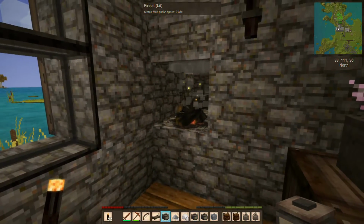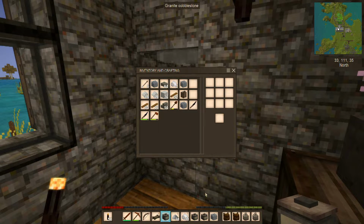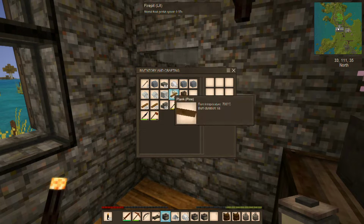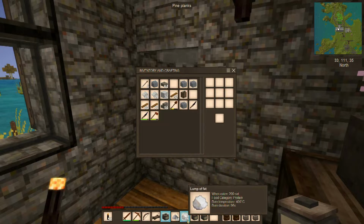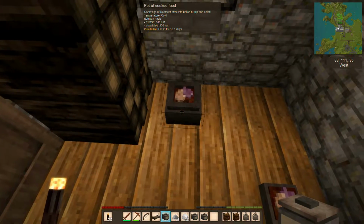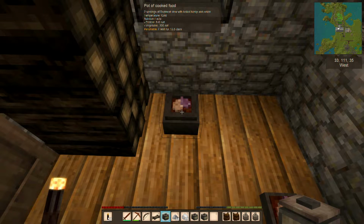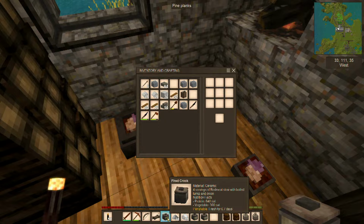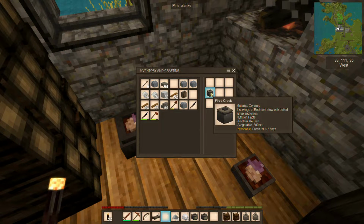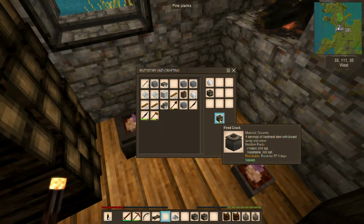So I've got a couple of these crocks cooked up. I've got a few more. I crafted a few more, but I've got a few more still to get together, but I want to see what we can do with this. So now if I right-click on this... Okay, so it looks like it took 4 servings of red meat stew. So now if we combine this with that...